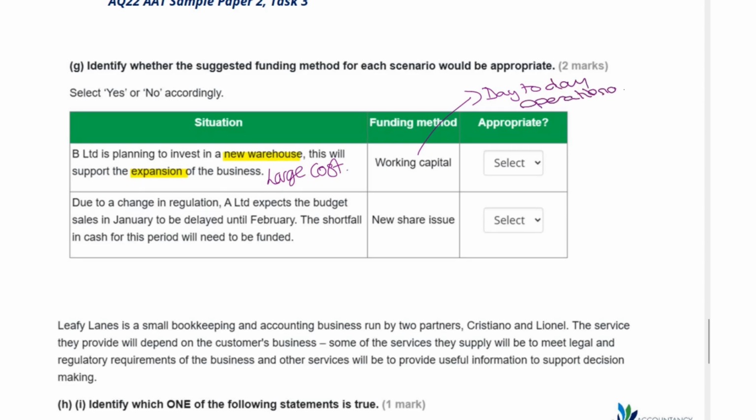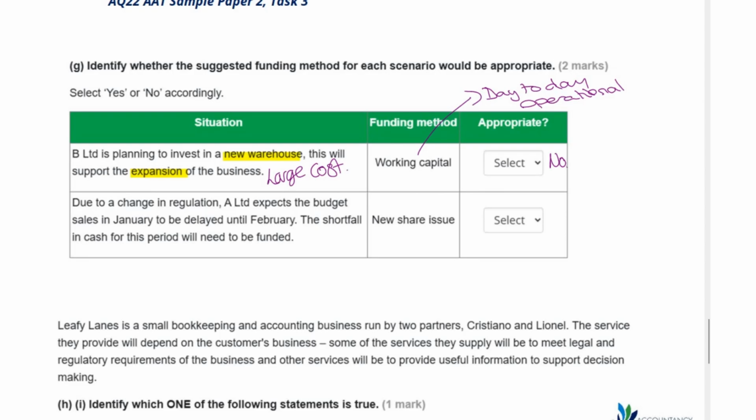So this is kind of our daily cash. This is what we work with in your day-to-day operations. So that is not going to be appropriate for a large cost such as a new warehouse. It wouldn't be able to be funded through working capital.